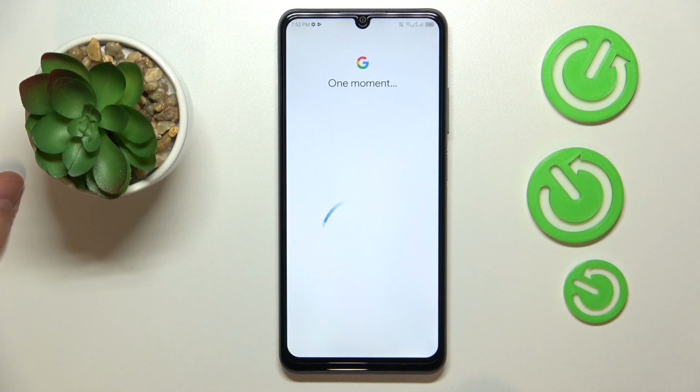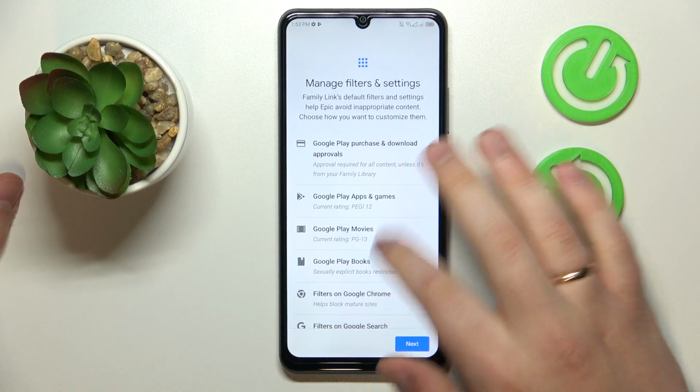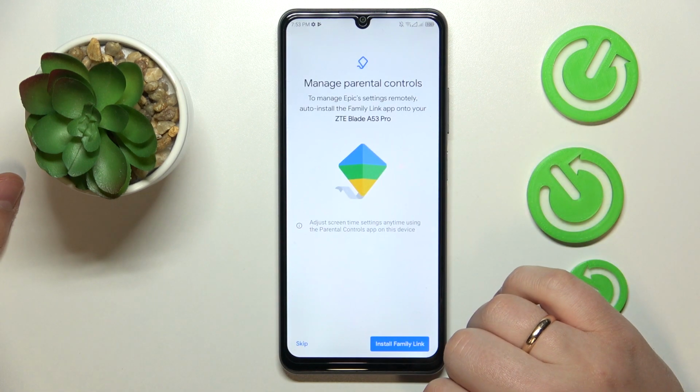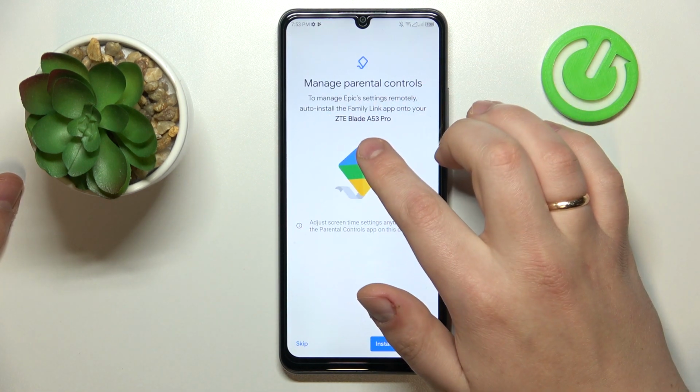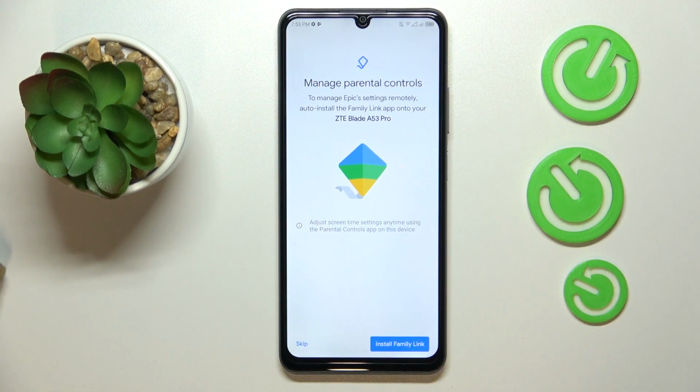Here you can turn on or turn off some of the apps. At the following step, you can manage filters and settings for your child's Google account. And now, if the device that is highlighted over here is the same phone or tablet you will use to supervise your child, you can tap at the Install Family Link button and the required app will be downloaded automatically,